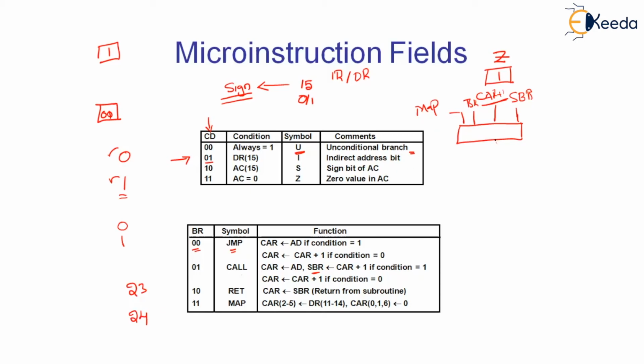Obviously, CAR plus 1 will be transferred to the CAR in order to execute the next instruction, since the next instruction that needs to be executed is the very next instruction in line with the current instruction. Whenever there is a branch instruction, the branch address will be taken and CAR plus 1 will get transferred to the subroutine register. So when a call has been made, CAR plus 1 will get transferred to the subroutine register. When a call hasn't been made, if the condition fails, CAR plus 1 will get transferred to CAR. So the sequencer allows the input of CAR plus 1 to CAR.